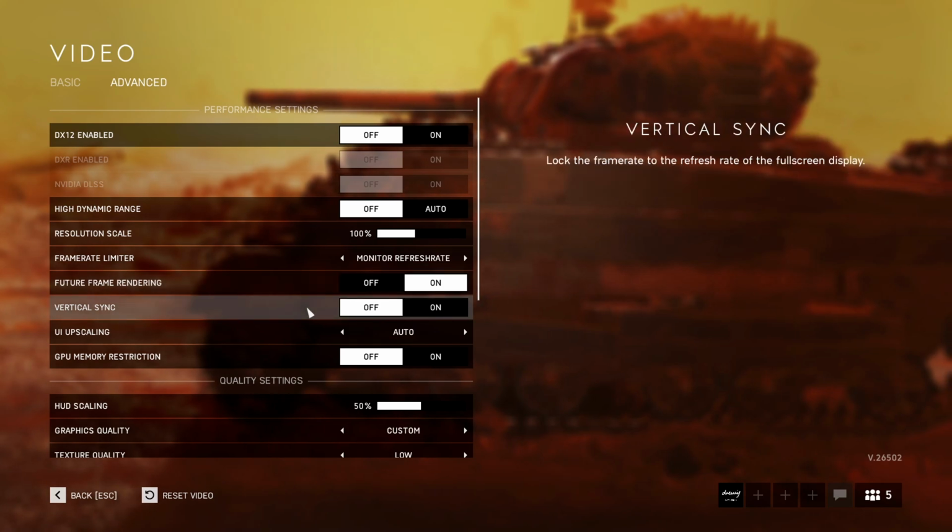Vertical sync, VSync for short. If you're not sure what that means, with VSync on, it will lock the FPS to your monitor's refresh rate. So say if you've got 144, it will lock and sync the frames to 144. If you've got 60 Hz, it'll sync 60 FPS to 60 Hz. Now, the reason you should have it off is because with VSync on, it creates input lag because it's holding frames trying to sync them, and that delay is what creates the input lag,